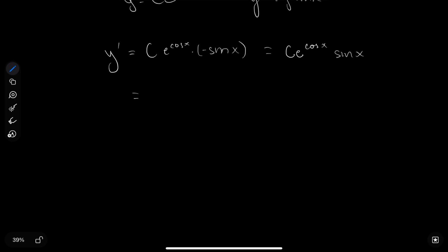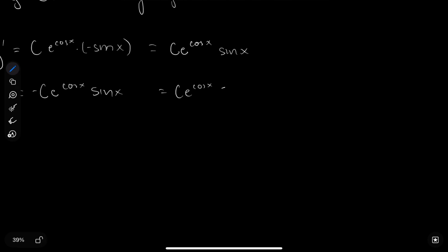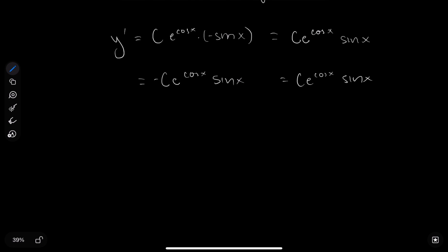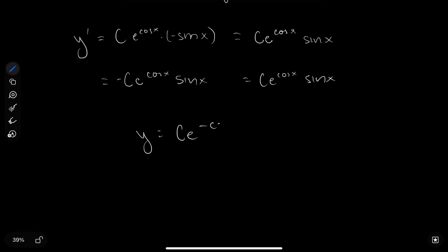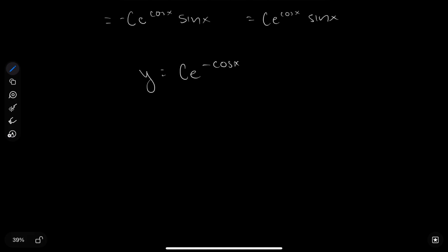Apologies for the sine x term in there. So now see how there's a negative sign on this side, not a negative sign on that side. So these do not match up. But now if you tried, say, y equals c e to the negative cosine x, taking the derivative,